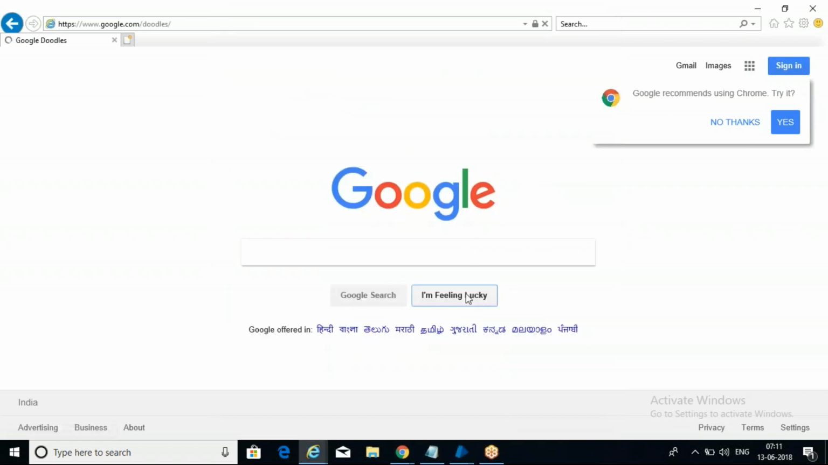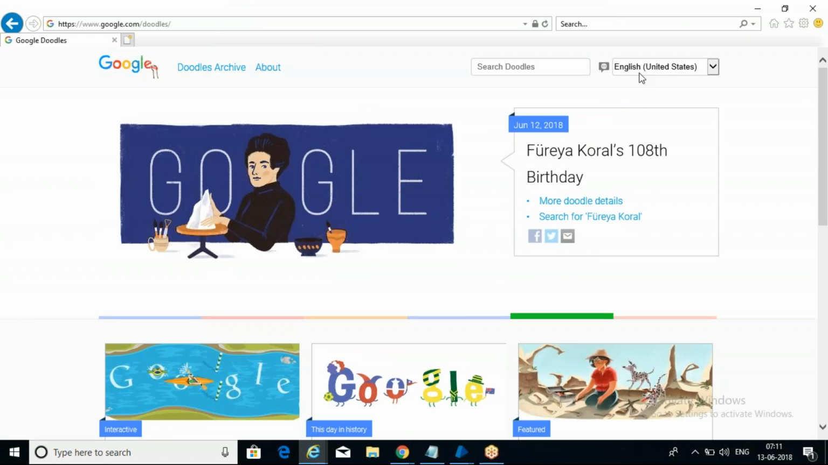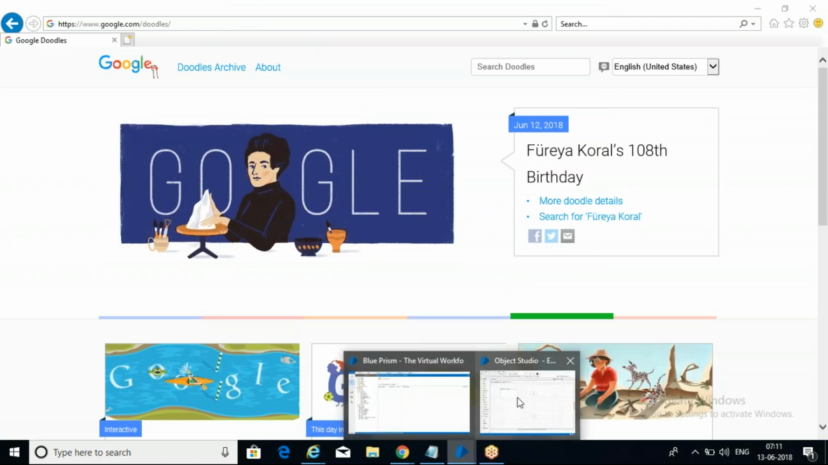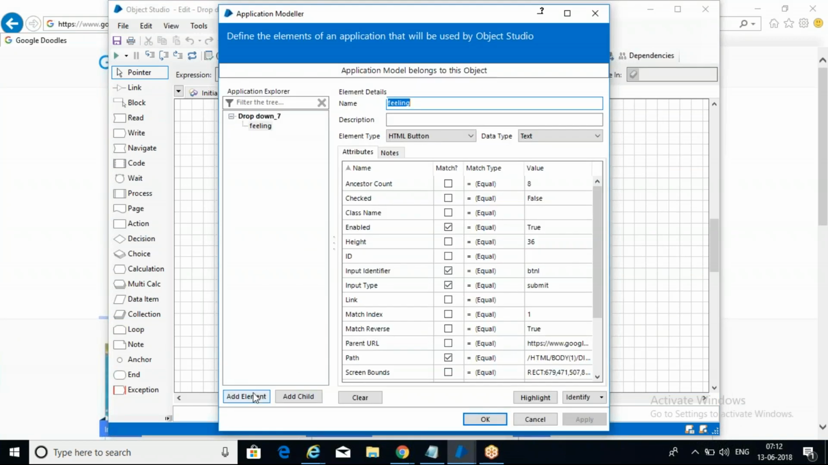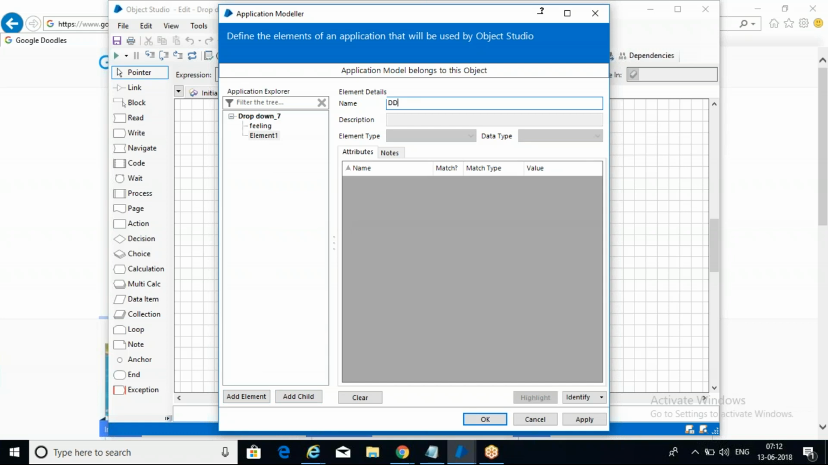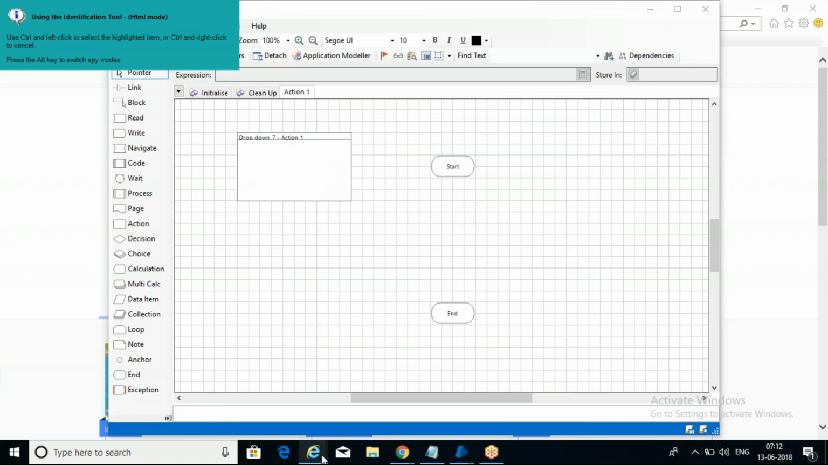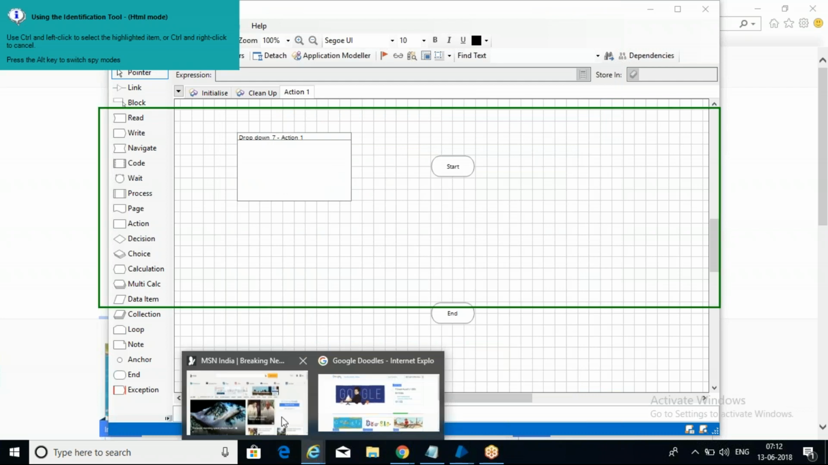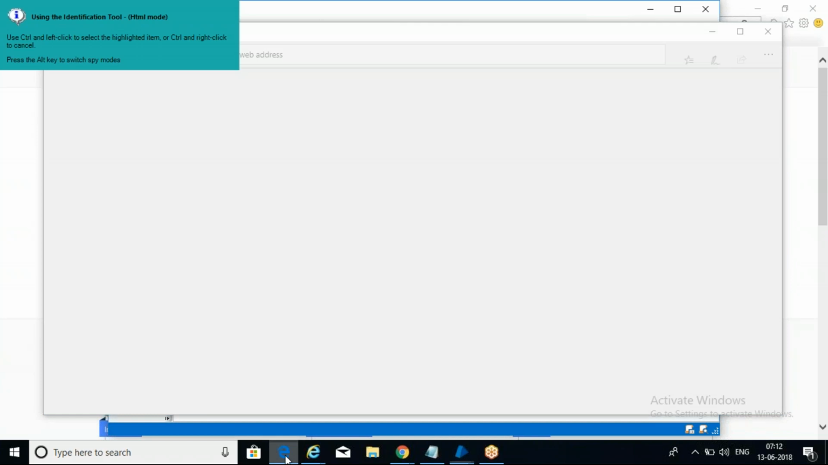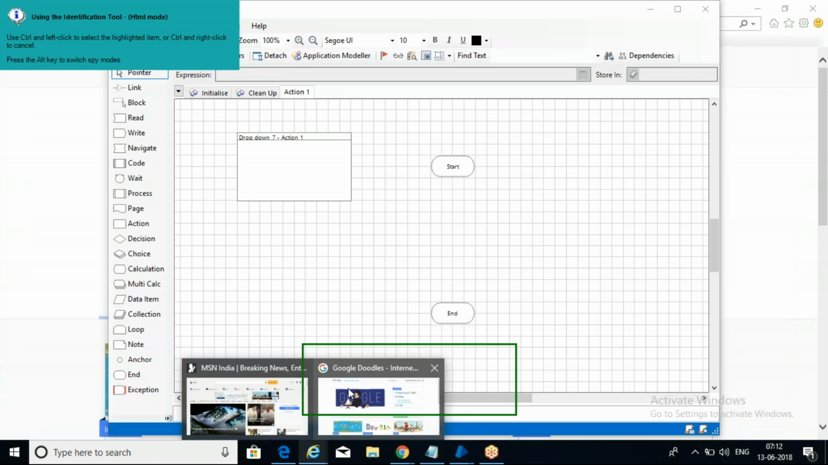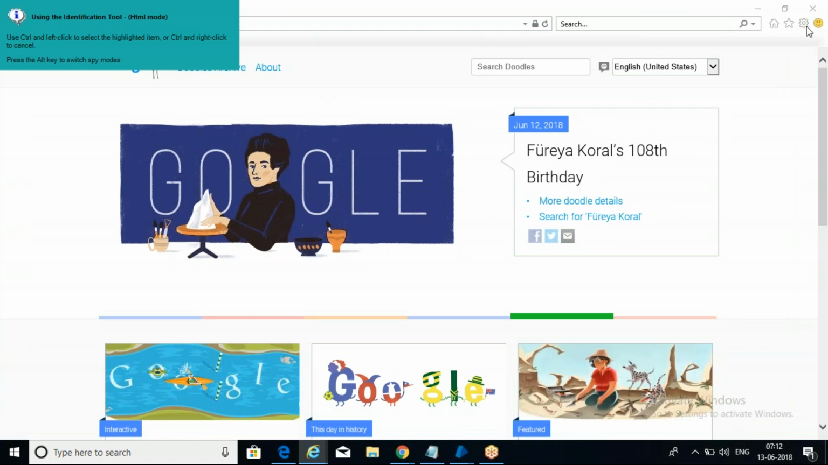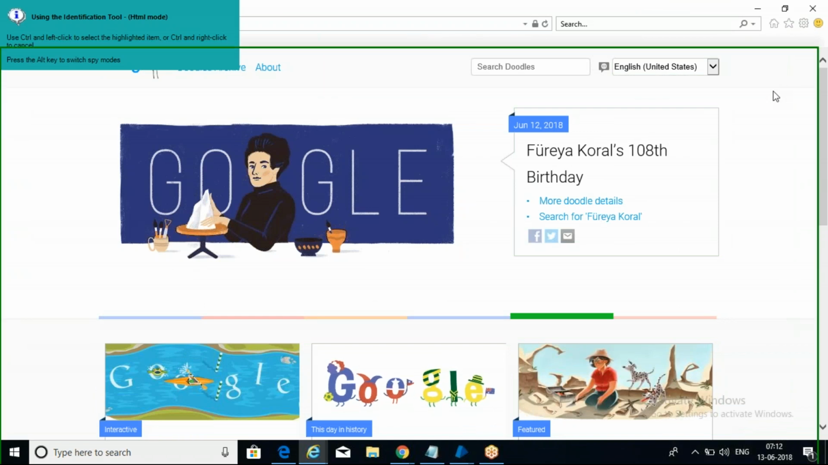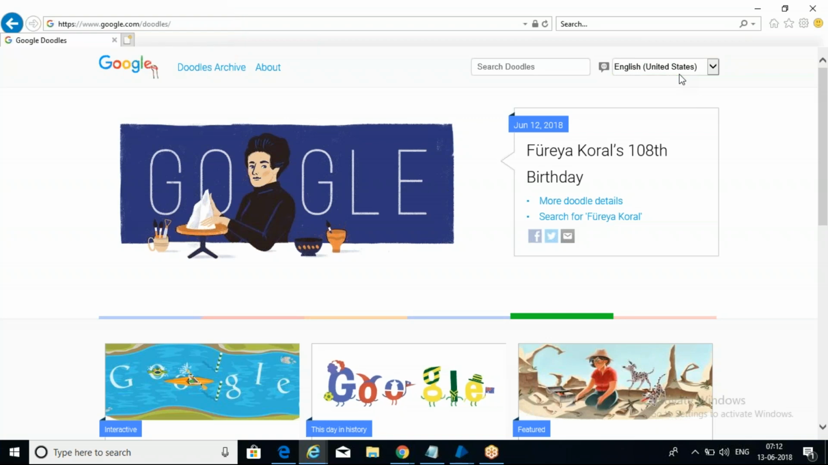After clicking on feeling lucky, what do we have to do? We have to spy this, right? Go to application modular, create an element for this, another element called drop down, again identify, come to that application, and here this one, right? This one. So we need to spy, control left click,